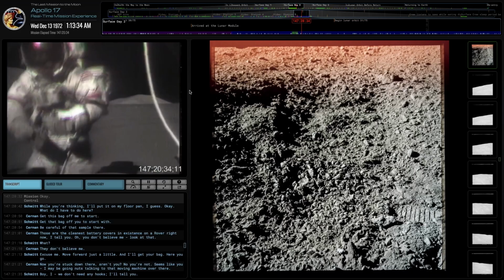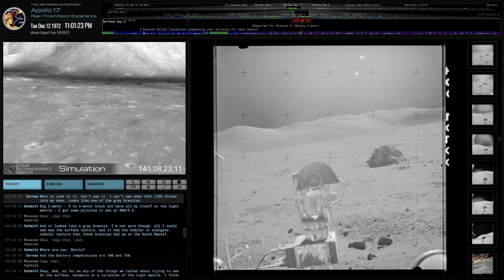And then another way that this is a tool, and I've talked about this a little bit, is here's an example of one of the traverses through the LRO data. This is from Station 2 to Station 3 again. And they drive past this boulder on the right, which you can see in the photograph there. And Jack has something to say about it, and I'll just play it here.